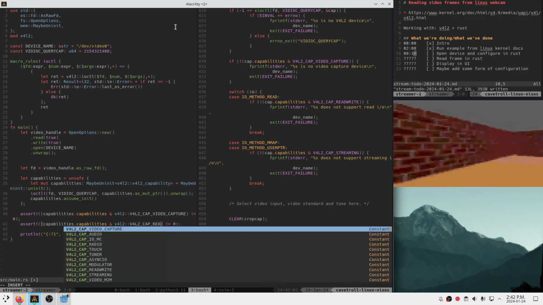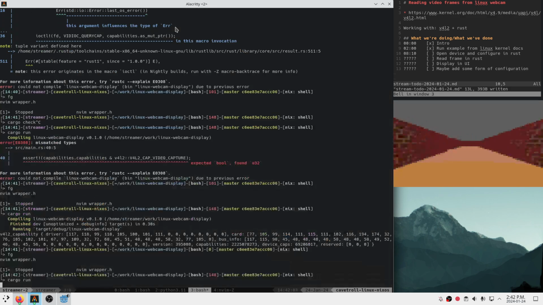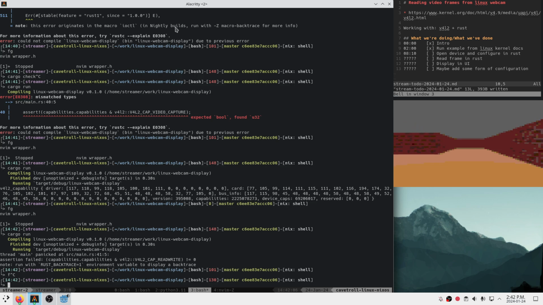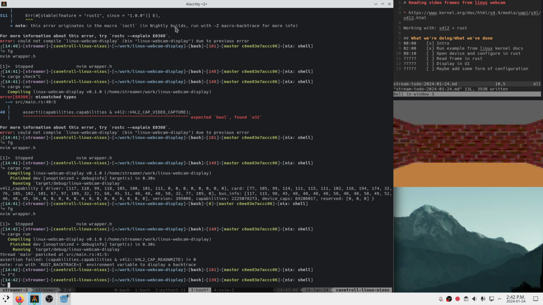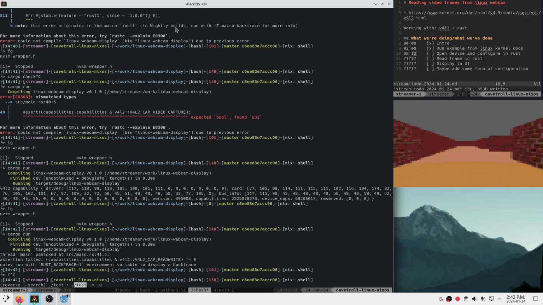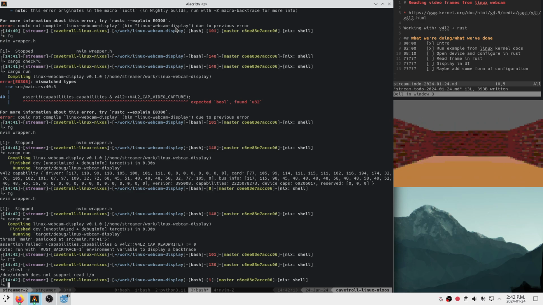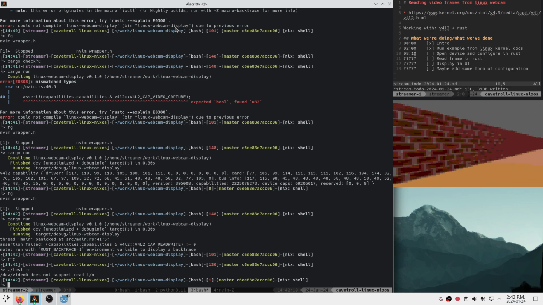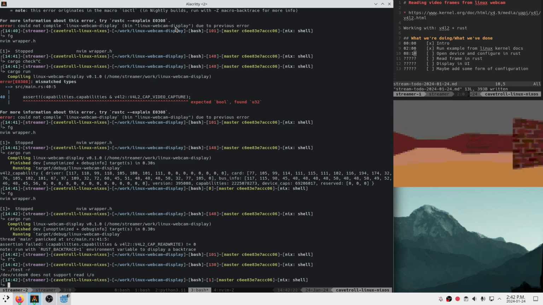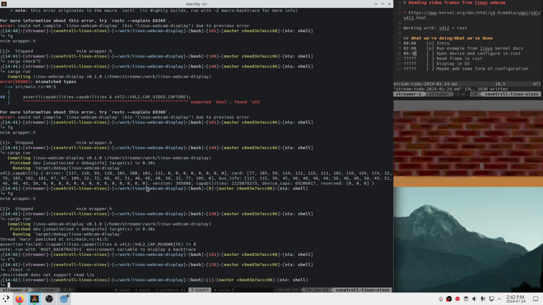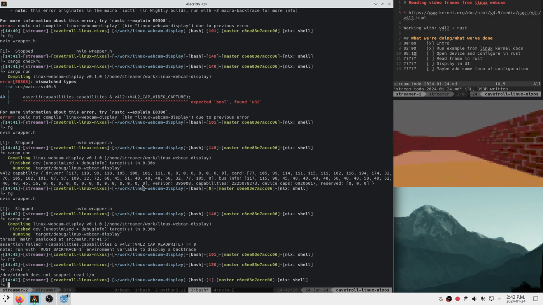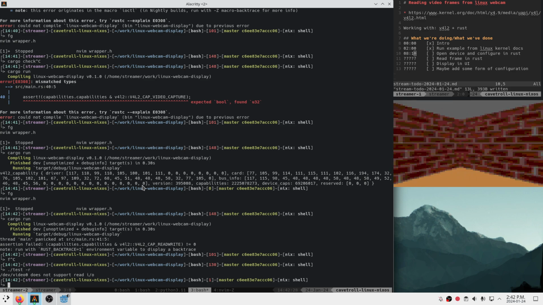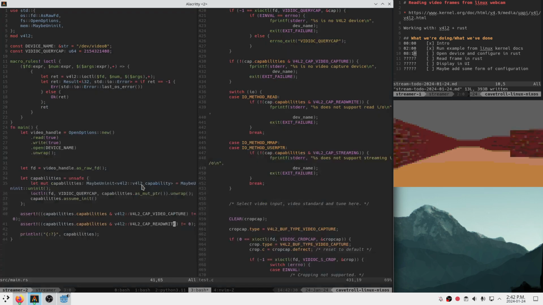v4l2 cap read-write. Oh. So he actually doesn't have the read-write API? So if I do test-r here? Interesting. Okay, so that's kind of the opposite of what I expected, to be honest. I expected that this USB device would support read and write, but not support mmap. Okay, so it looks like we actually have to support use mmap to get this. Or